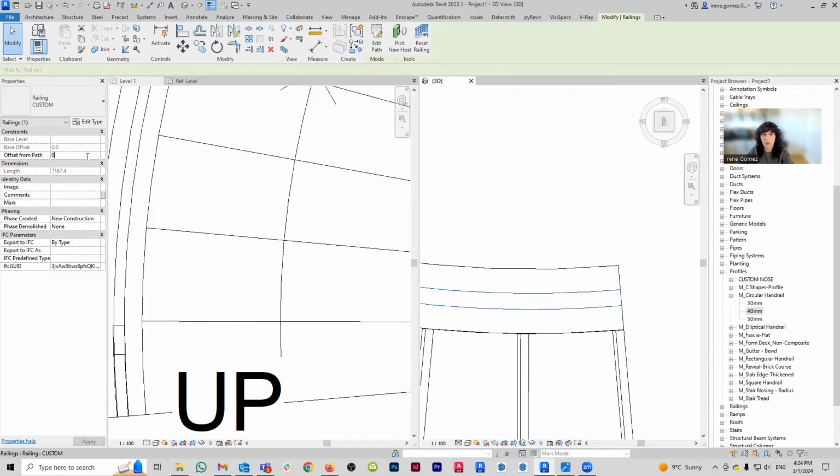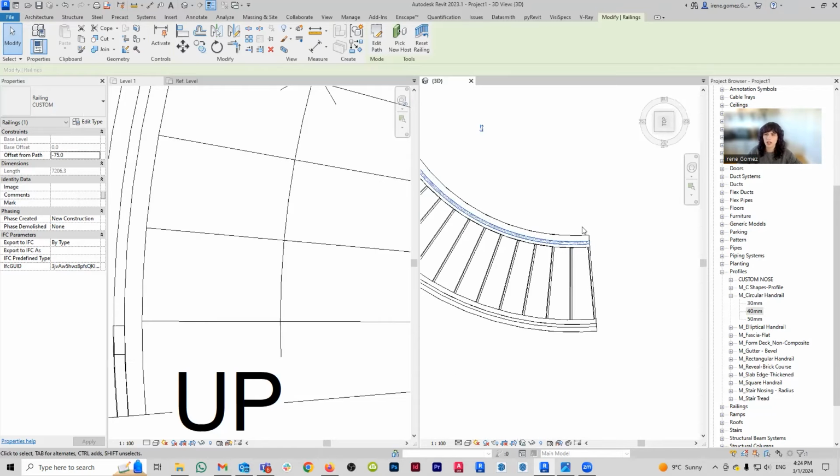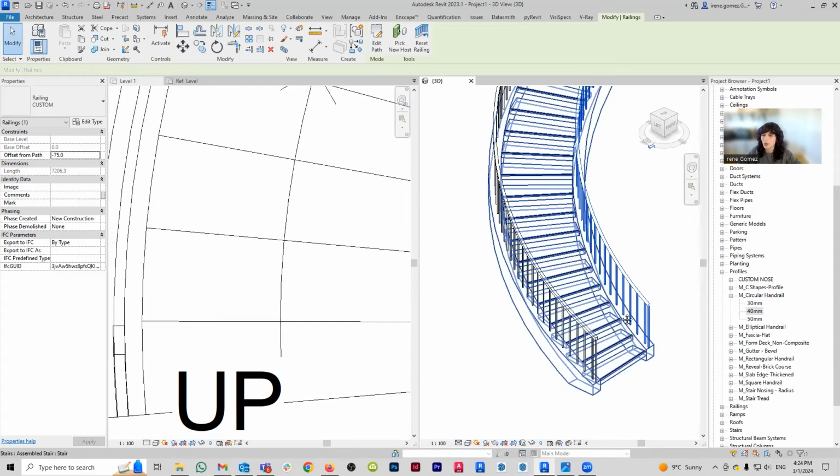The thing is, if I bring this to 0, go, go, go. There you go. See, it's going to move it right to the beginning of my stringer. Now, that's not what I want. That's a little bit aggressive. So let's say that instead of -100, we're going to give it -50. Okay, that's a little bit better. Let's try -75. Perfection. Okay, great. So now we know what we need to do.